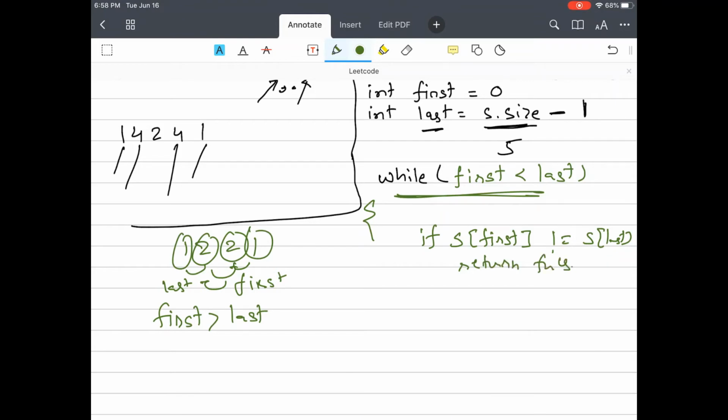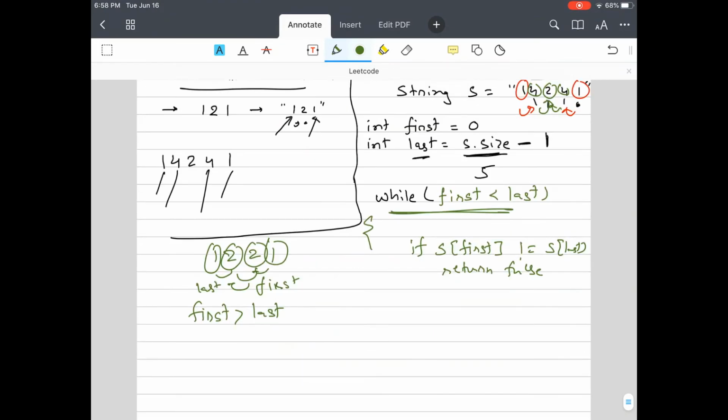It's not a palindrome number. Let's see if you have something like this. So you check this and this. Okay, if they are not equal, you just return false. If they are equal, then you can say, okay, increase first by 1, decrease last by 1, and do it